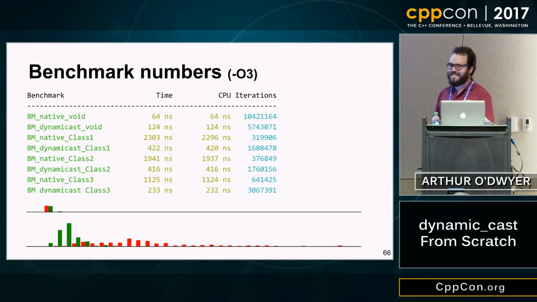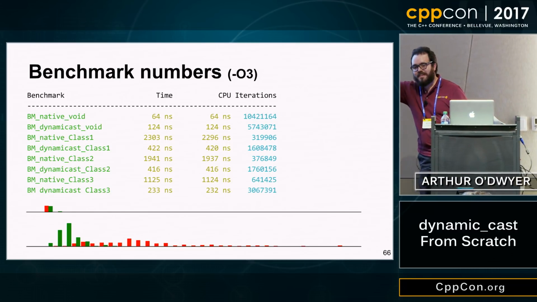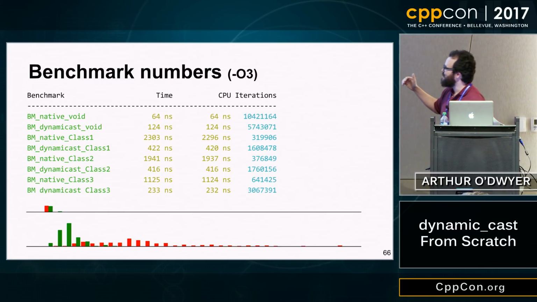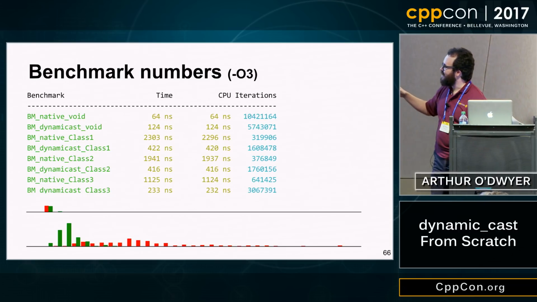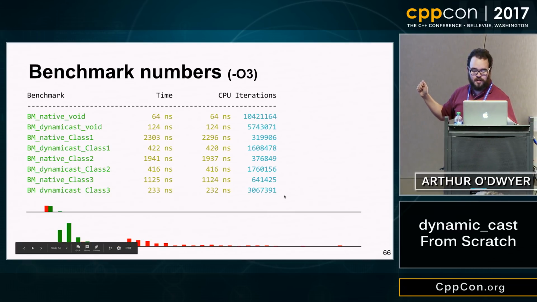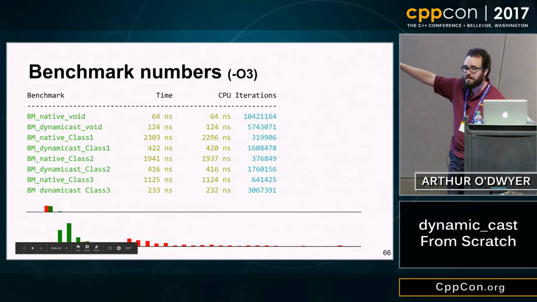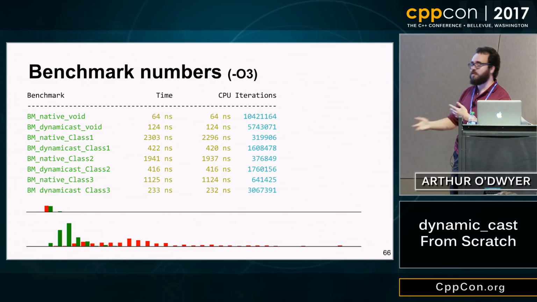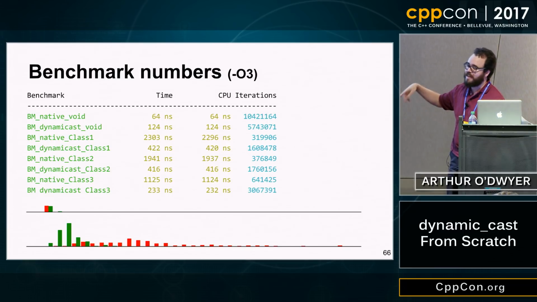That was -O0. This is when you turn on optimizations. The green bars here are, basically, faster, fewer milliseconds, slower, more milliseconds. The units don't matter because this is extremely munged, but faster to slower. The green bars are a histogram of my performance on these randomly generated, extremely non-realistic casts from one type to the other, and that's native dynamic cast on the same